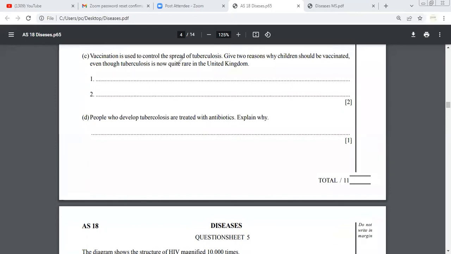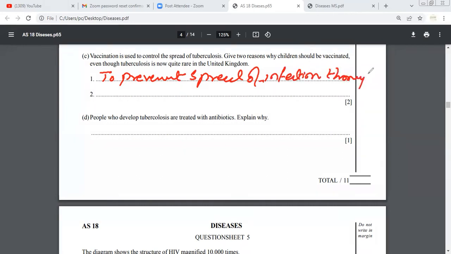Vaccination is used to control the spreading of tuberculosis. Give 2 reasons why children should have been vaccinated, even though tuberculosis is now not rare in United Kingdom. To prevent spread of infection through air aerosols,